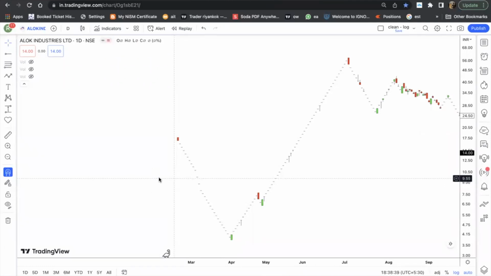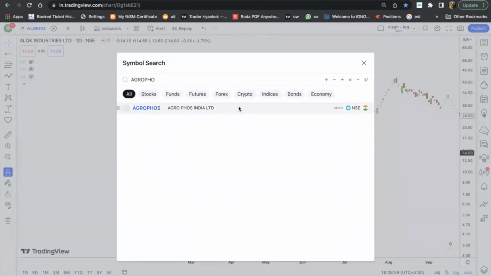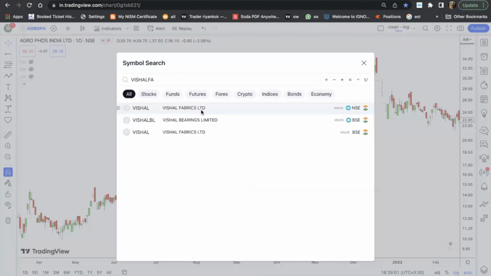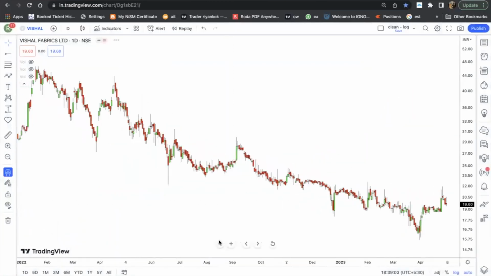अभिषेक भाई, ऐसे पैटर्न्स को हम लोग कैसे आइडेंटिफाई करें, क्योंकि कई बार कुछ अच्छे स्टॉक्स भी कभी-कभी अपर सर्किट में जाते हैं, तो आप कैसे आइडेंटिफाई करते हैं? तो अभिषेक भाई, जनरली एसएमएस सर्कुलेशन होता है स्टॉक्स का, और स्टॉक रोज 0.5 से 2.5% के बीच ऊपर जाते हैं. जैसे मैंने आपको एक एग्जांपल में दिखाया था, एग्रोफॉस इंडिया था, विशाल फैब्रिक था, ऐसे बहुत सारे एग्जांपल्स मैंने आपको सेशन में दिखाए.